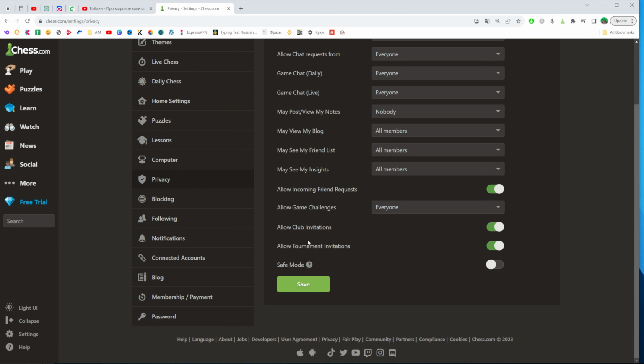That's where we need to scroll down a bit until towards the very bottom we'll find Allow Tournament Invitations. The option is turned on by default on each chess.com profile. However, if we would like to deny tournament invitations for us, we can easily do so by toggling this button